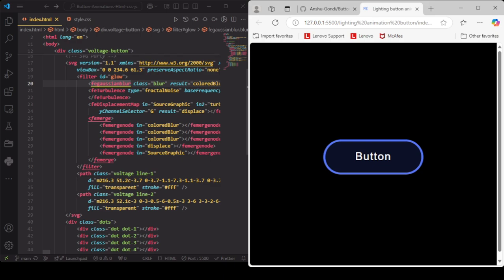fractalNoise, baseFrequency as this, numOctaves as 0.3, and result turbulence. This is going to work like the lightning right here, working in a continuous manner, like a linear flow of it. So